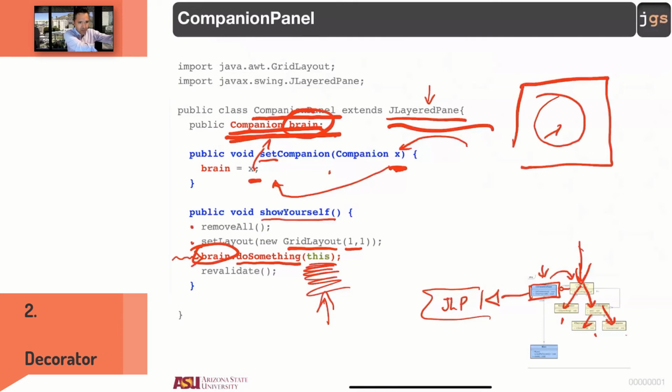I am sharing with this decorator hierarchy the possibility of drawing things in the panel by sending as a parameter this, a pointer to the panel. And that's it. I send the order of guys work, and here is the object that you need to work, the space to draw. And at the end,